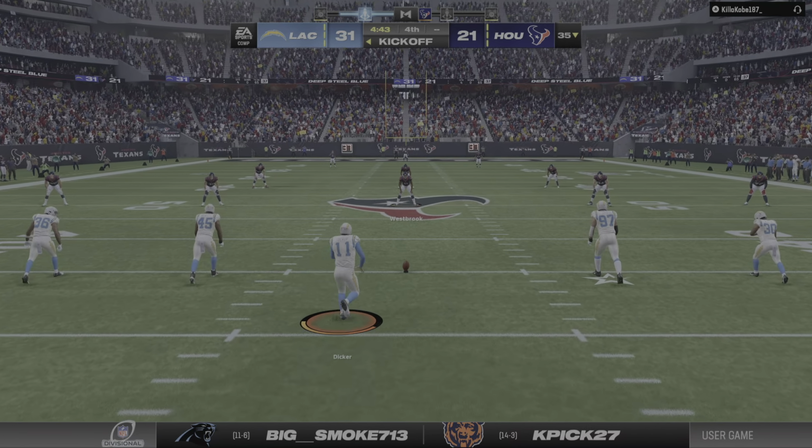And what a job to come in on the road, divisional round of the playoffs, and you get to end it by going down to a knee. Now their confidence has to be at an extreme high. That's 2 weeks in a row they've gone on the road and gotten it done. They don't care where they go. From here on out, they think they can beat anyone. And they're moving on to the conference